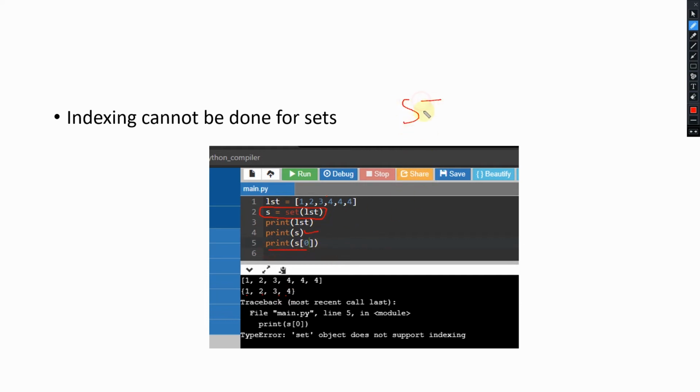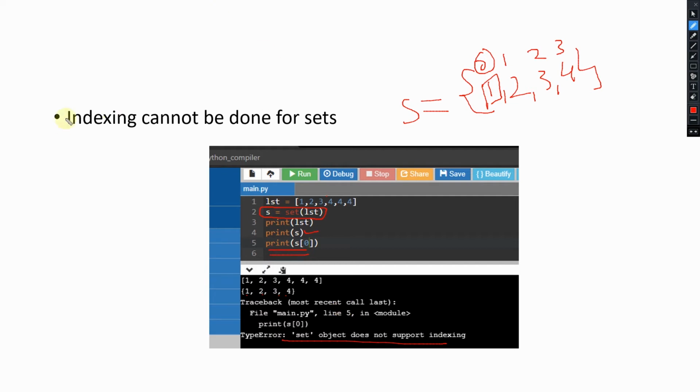I'll just show how S is stored in the memory. So it will be 1, 2, 3, 4, right? So through indexing, this is the 0th position, this is the first position, this is the second position, this is third position, right? So S of 0 means what? In the 0th position, 1 is there. So if I try to print S of 0, it shows an error, right? Because sets do not store in a fixed order, they can change the order the way they store. That's why indexing doesn't work in the set data type, and that's why it shows an error.